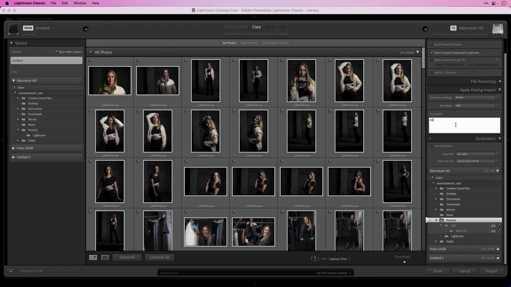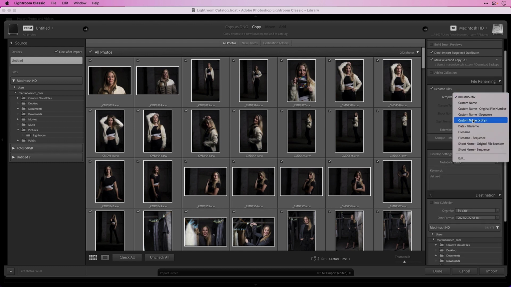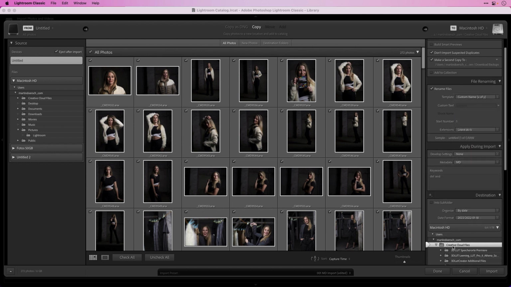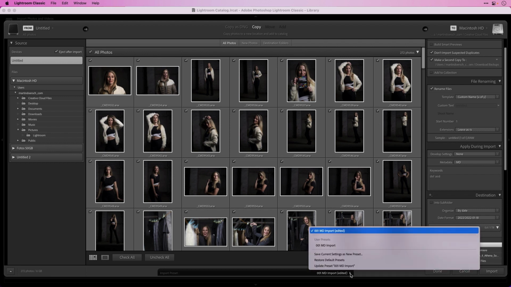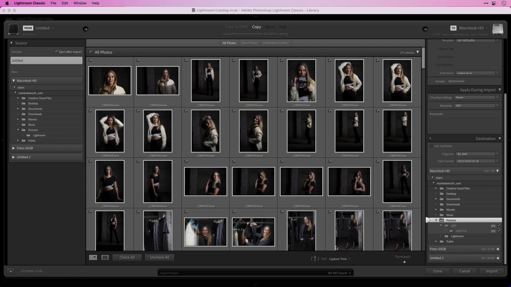So let's test it again. I insert some keywords, I change some of the settings over here, and also my destination. So everything is really messed up. When I now go to my preset and go to MD import, everything is set up again like I wanted